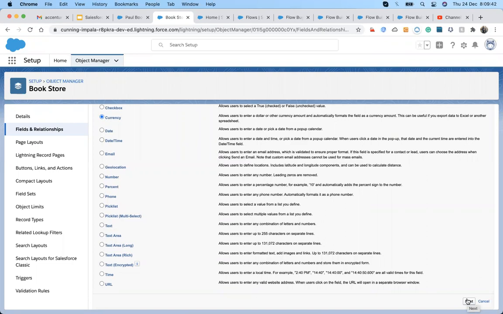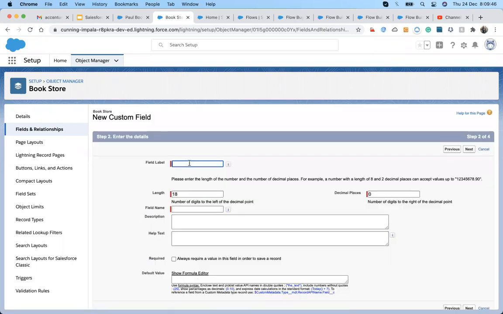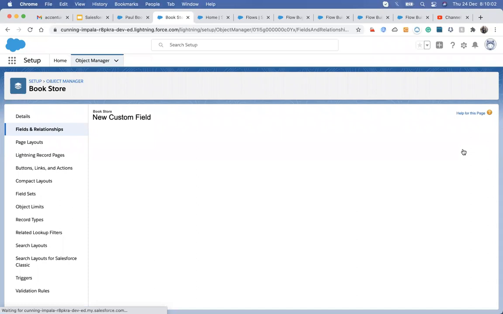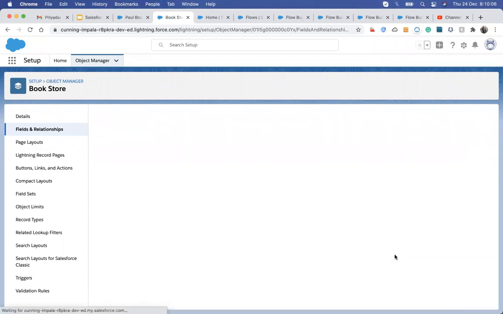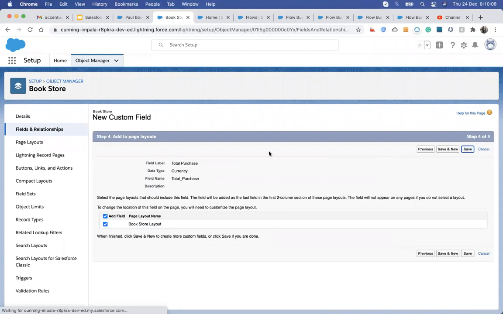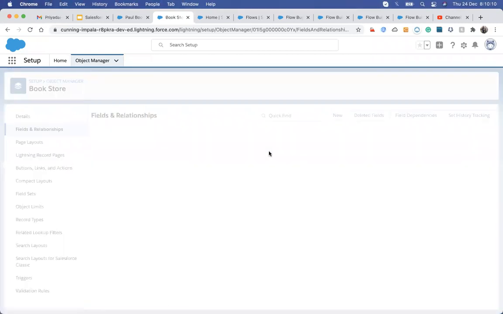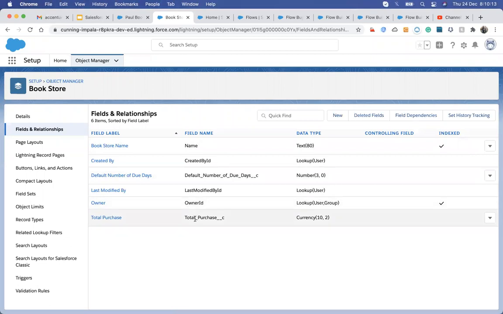So that's why currency, and I'm doing the total purchase. So a field is created.